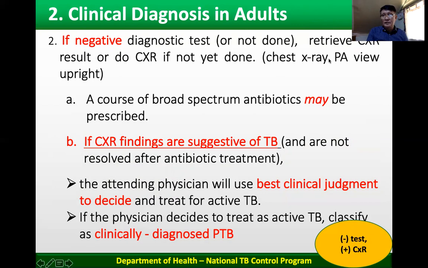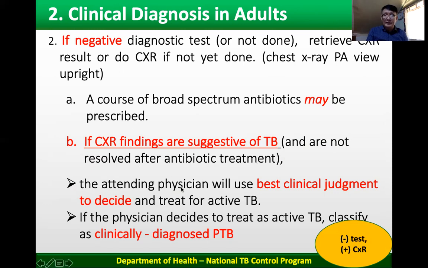Okay, chest X-ray PA view upright. So a course of broad spectrum antibiotics may be prescribed for these negative diagnostic tests. Now, if chest X-ray findings are suggestive of TB and are not resolved after antibiotic treatment, okay,